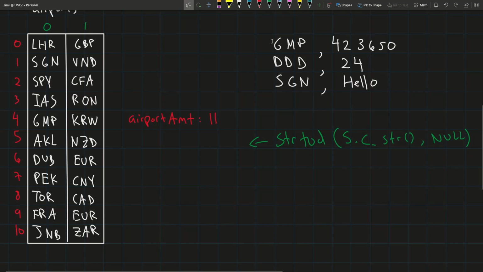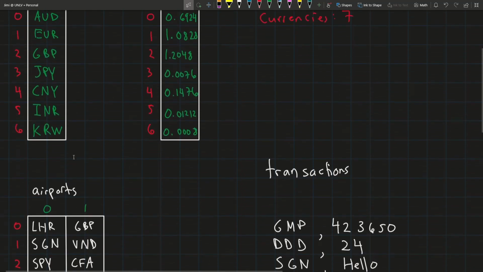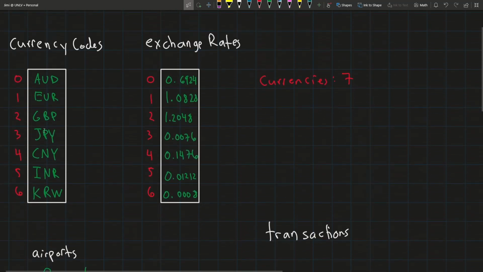So you get the airport code, you search this list, and if you find a match at some point, you look at the currency amount in the next column over, you search that currency in this list, and you store which index you found that currency, so you know which index in this exchange rates array to look at. So for example,